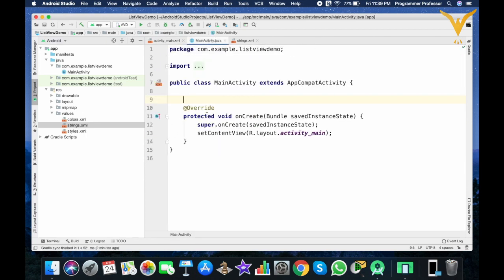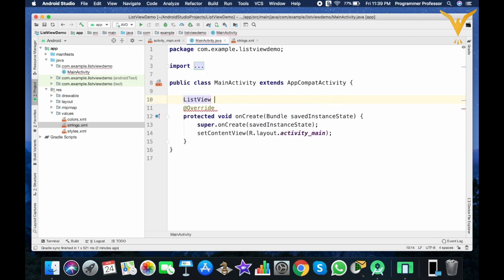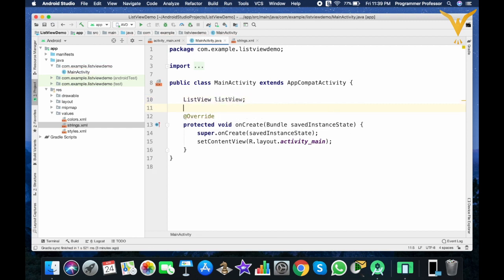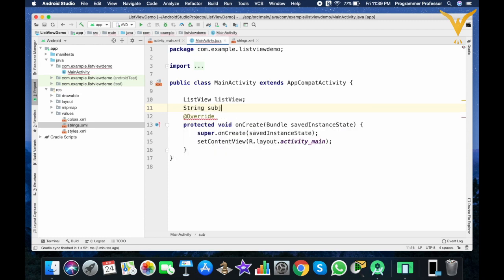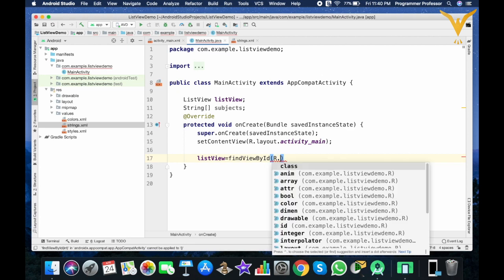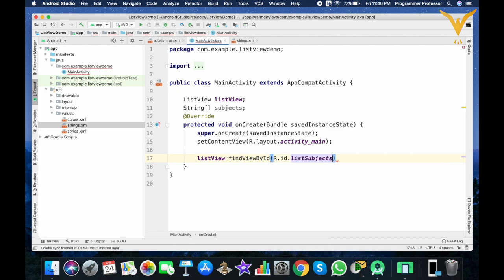Then here we will create two variables. First one is list view, second one is array. Now retrieve the list view, R.id.list subjects.